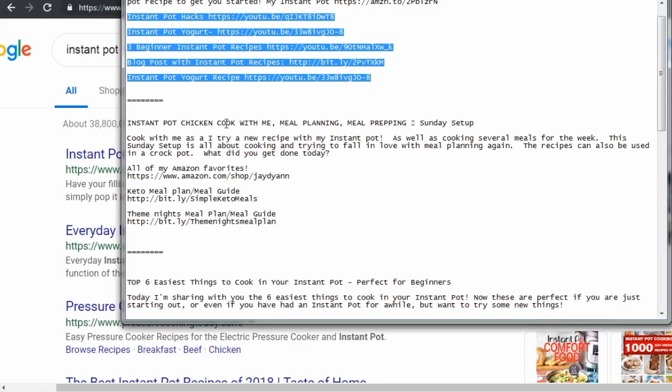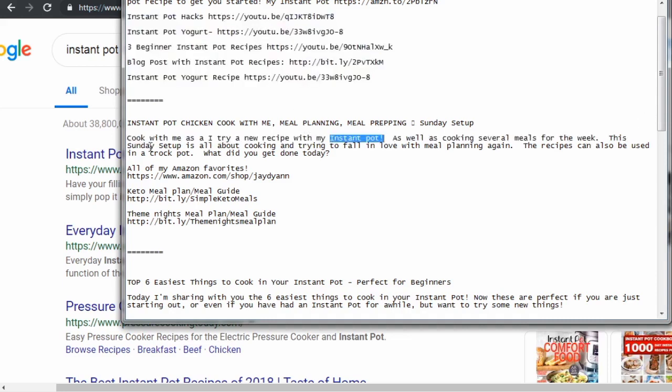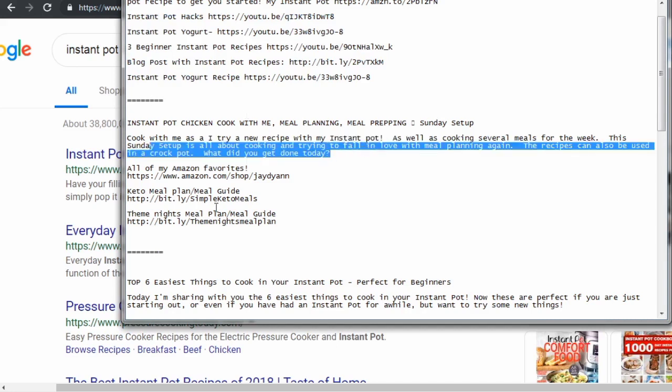So this is the lady who is ranking really high on Instant Pot, but also Instant Pot chicken. So it says cook with me as I try a new recipe with my Instant Pot. So we can see the keyword Instant Pot here. And as you can see, the description is really written for the user, but it contains the keywords that are necessary. So you don't need to write something like Instant Pot chicken or something that's just a bunch of garbled information. You want to make sure that the title and the description attract people first and foremost,